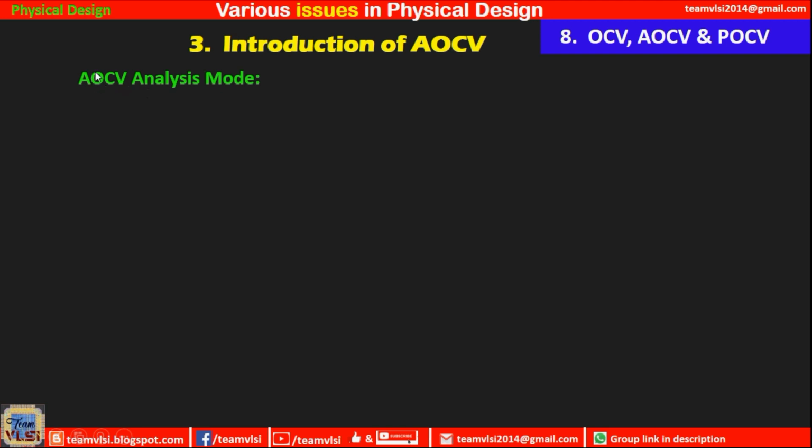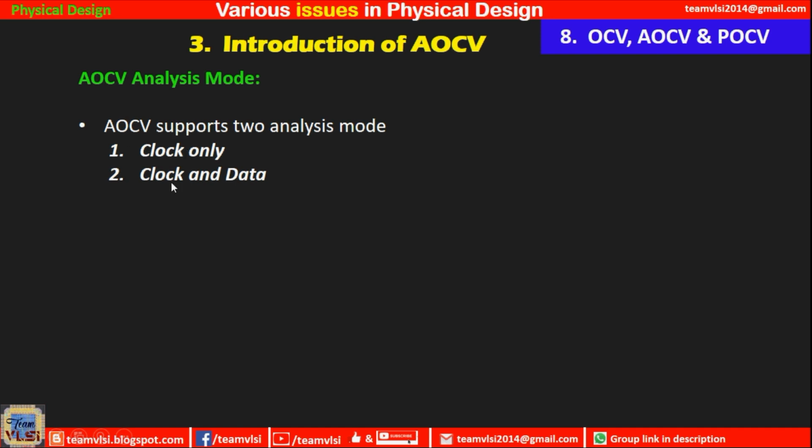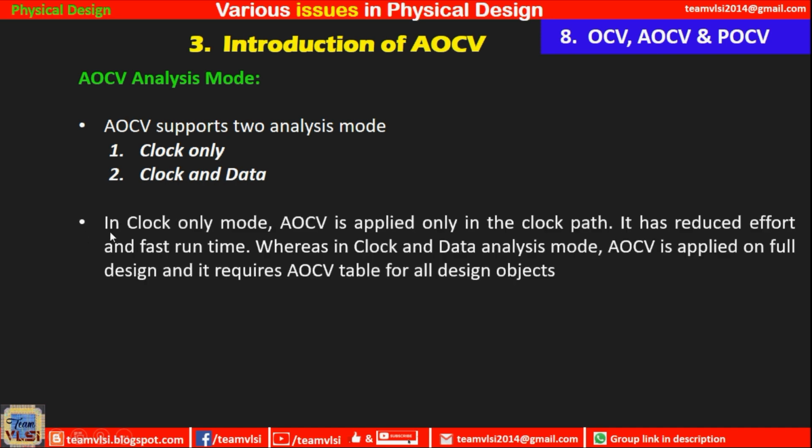Now we'll see the AOCV analysis mode. There are two analysis modes in AOCV. One is clock only and second is clock and data. In clock only mode, AOCV is applied only to the clock path. It has reduced effort and fast run time, whereas in clock and data analysis mode, AOCV is applied to the full design, and it requires an AOCV table for all design objects, including all the cells in the data path